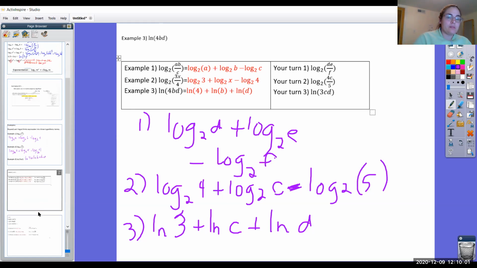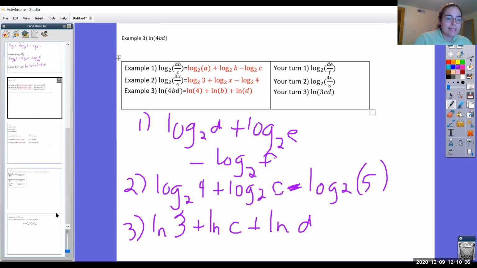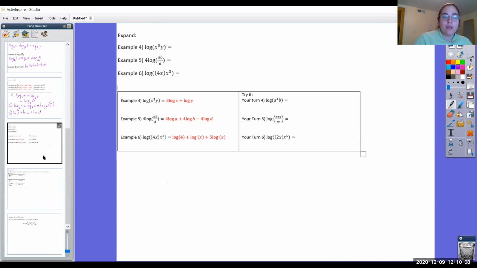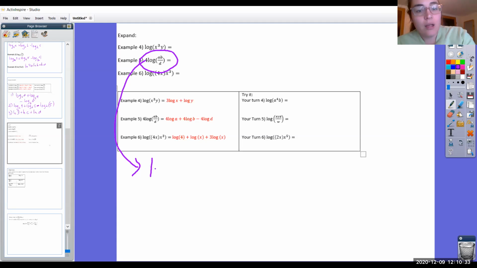Okay, so that's condensing and expanding. Last, here are a couple of other examples that you can try if you'd like to on your own. One example that I want to point out to you is if you're asked to expand something like this, 4 times log of AB over D, remember that that is just like log of, because of the exponentiation rule, that